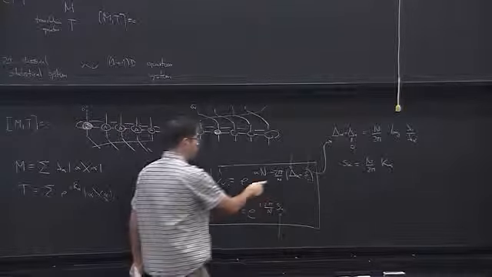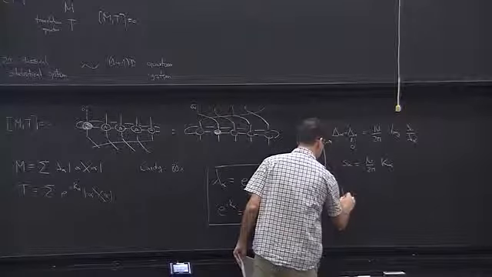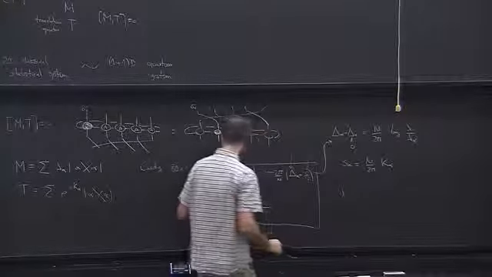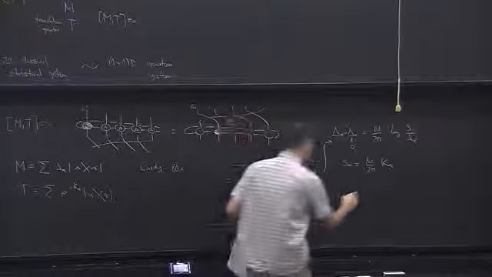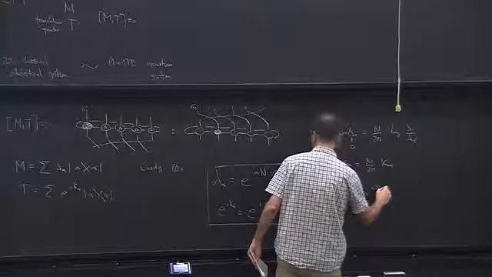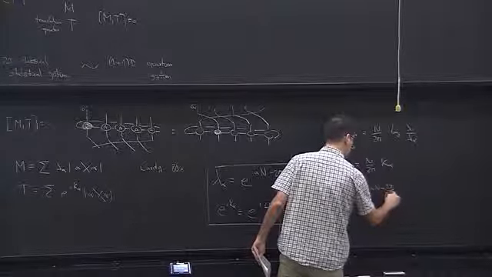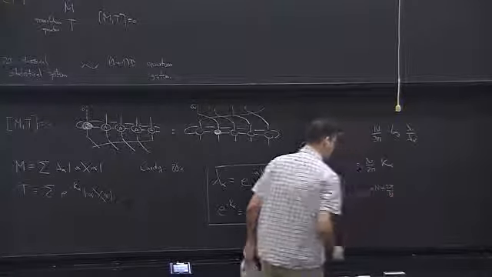On top of that, we'll be able to extract c, and this will come from looking at lambda 1, the largest eigenvalue here, which is e to the minus 2 pi over n times c,